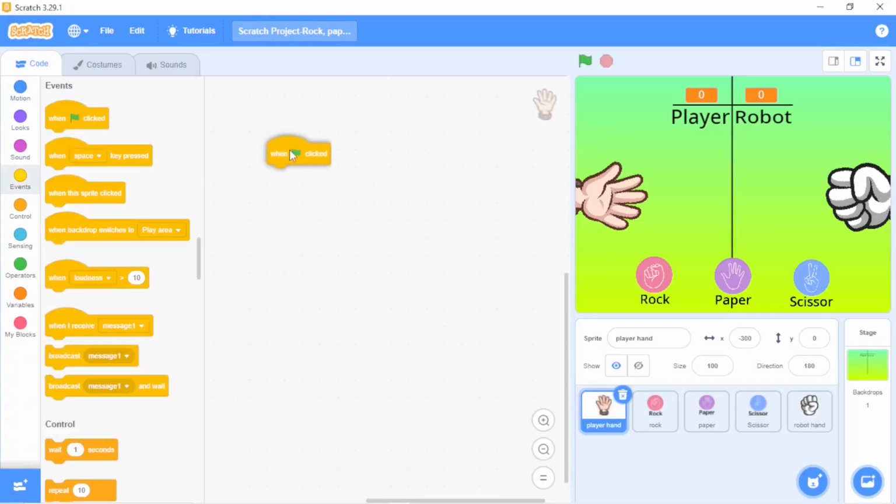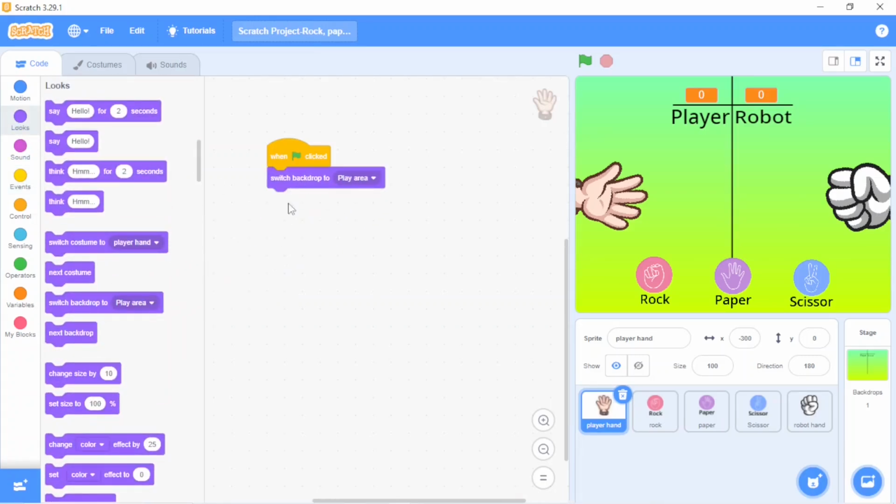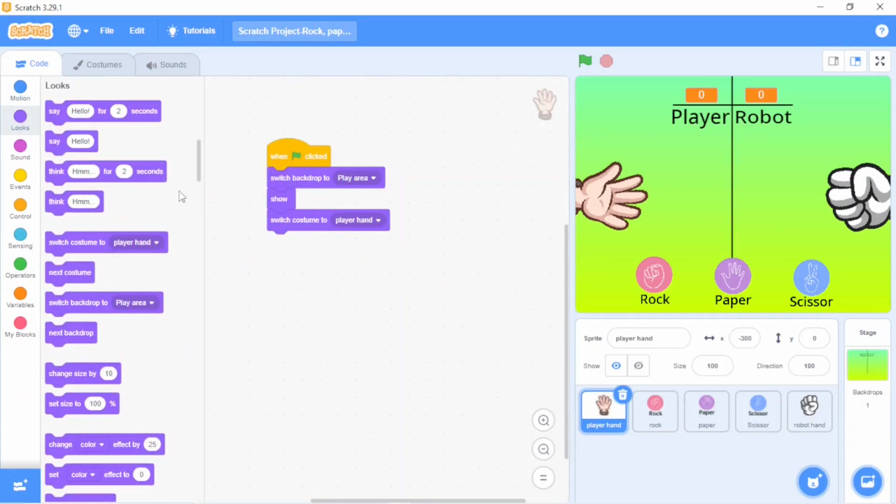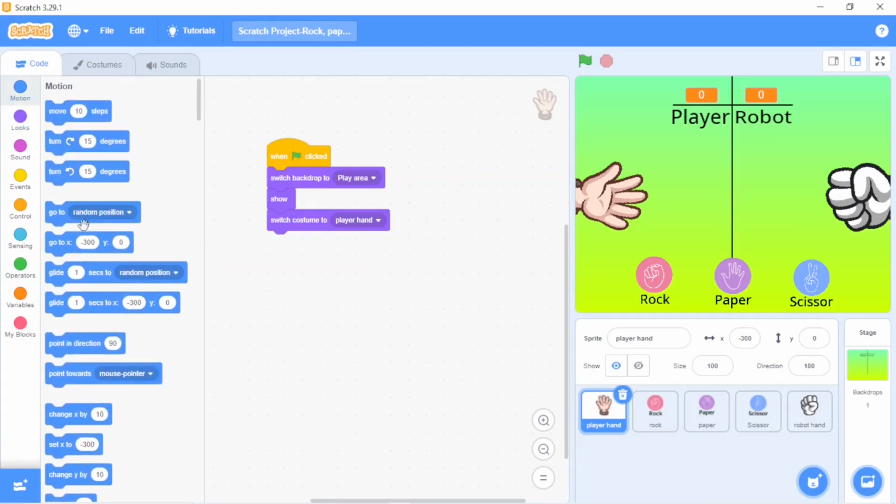As always, we take when flag clicked. Then go to looks, switch backdrop to play area, then show and switch costume to player hand. After switch costume to player hand, go to motion, take point in direction 180 and then go to x minus 300 y 0.